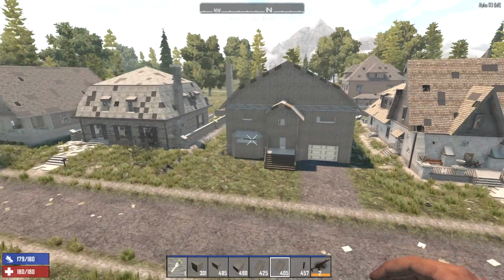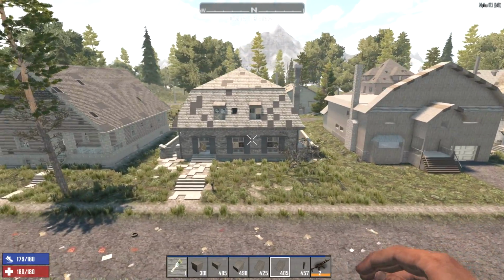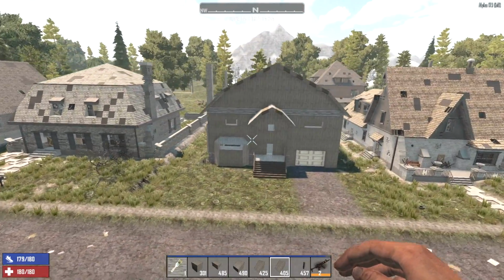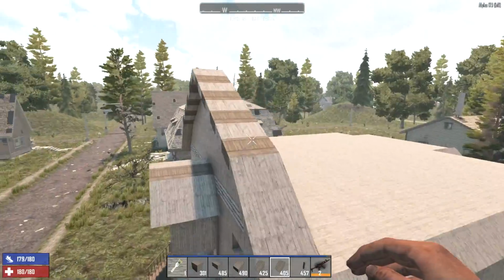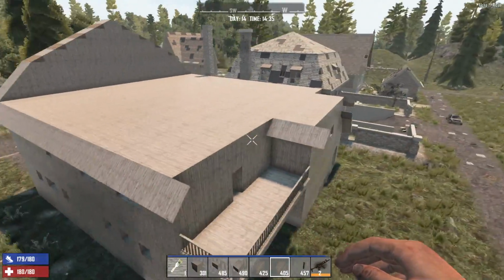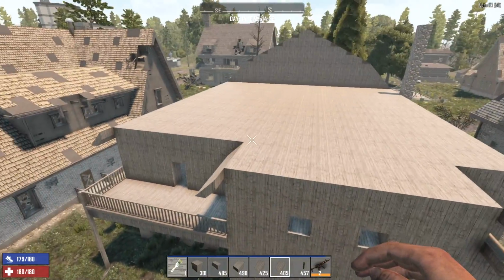This neighborhood is so weird. All the houses are so different anyway. A barn house will fit right in. You know what I'm saying? And it seems like a really big house, but it's in line with the size of the homes in the area. So back here, we're going to bring this roof all the way up,